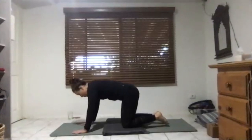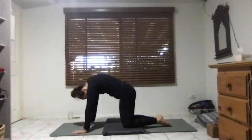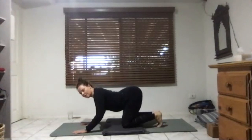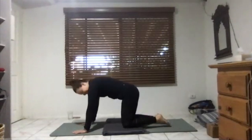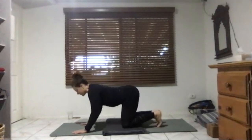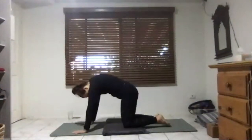Do a couple more with the breath reversed like this. Noticing maybe a different sensation in each shape as you reverse the breath. One more full breath in and out. And then coming into neutral spine, keeping the toes tucked under. Shift your hands, one whole hand to